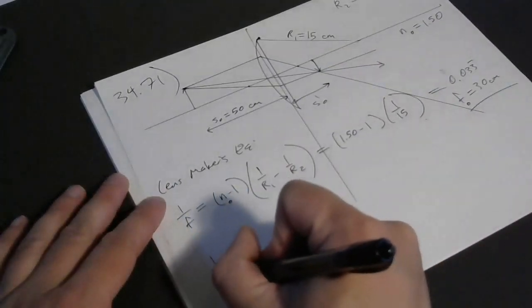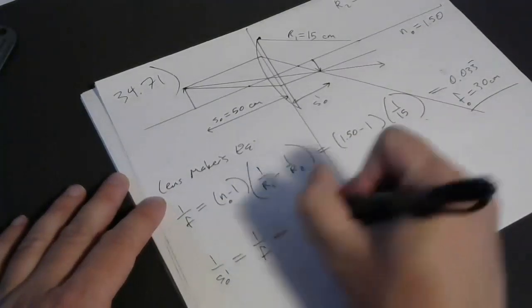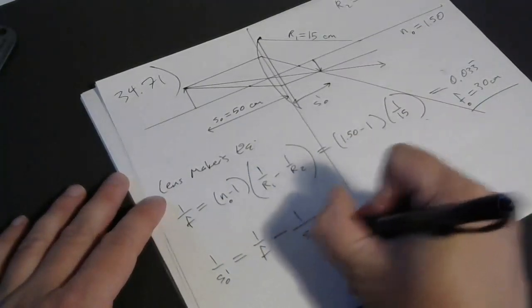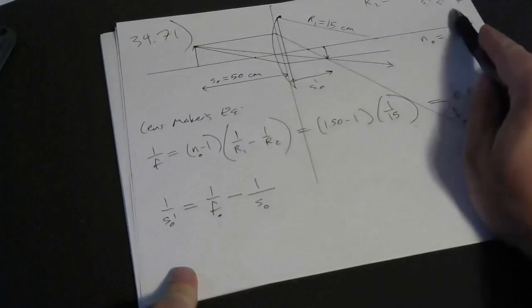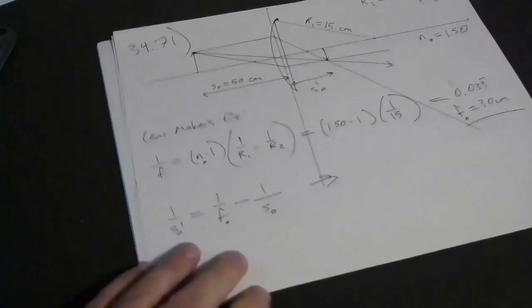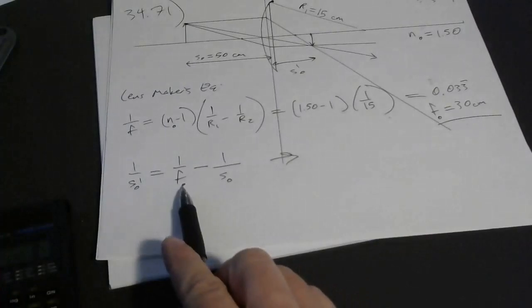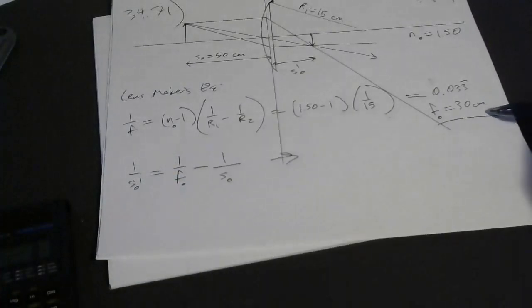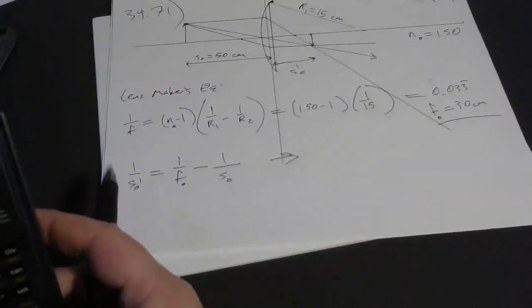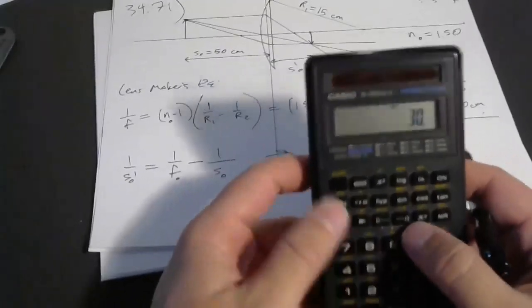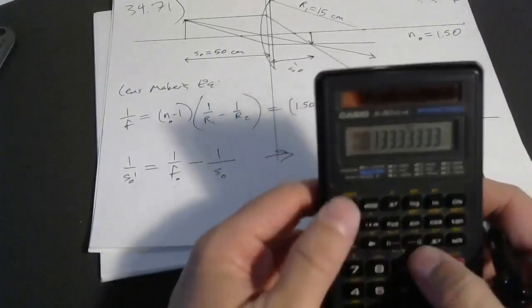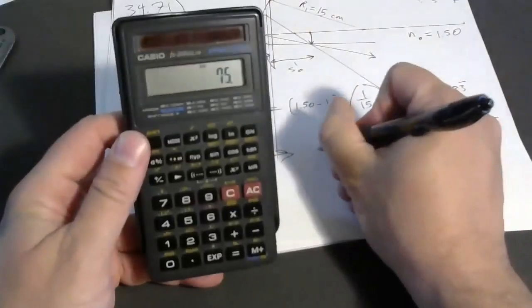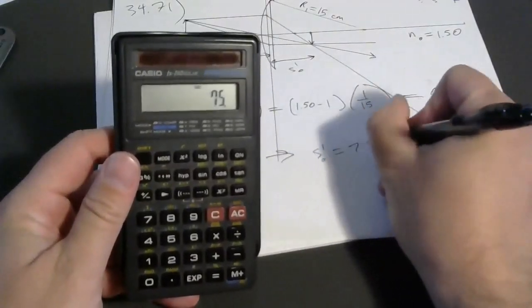Okay, so 1 over S naught prime is equal to 1 over F minus 1 over S. And I'll put subscript zeros on all of these. See what I did? I solved the thin lens equation for 1 over S prime. And you'll notice I don't actually need the focal length, I need the reciprocal of the focal length. So I didn't really have to get this number. I could have just left this in my calculator, maybe stored it in memory. Okay, so here's what I'll do. 30 reciprocal minus 50 reciprocal equals, take the reciprocal once more, and the original image distance is 75, which means